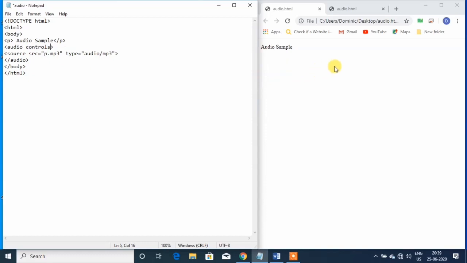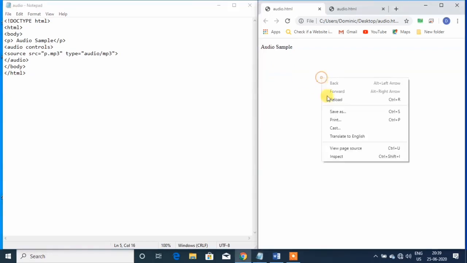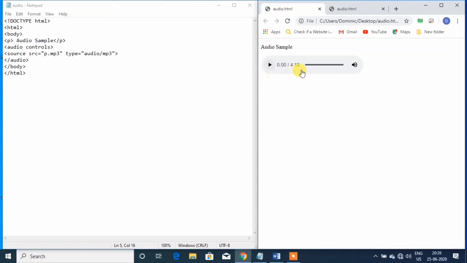These buttons will appear with your audio file. Now save this and refresh or reload the browser. You will see the audio file is displayed and it has a play button, and a sound increase or decrease button is also there. You can mute the sound also, so you can play the music and see whether it is playing.